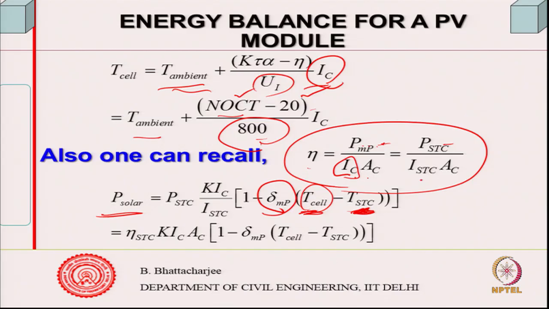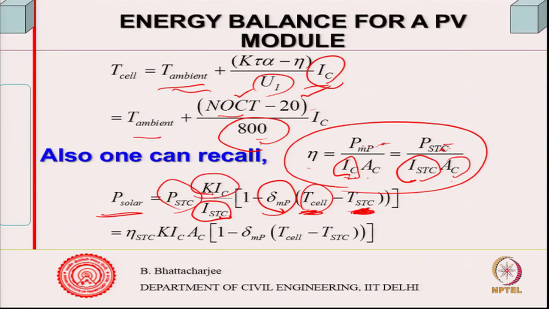So, if I take ISTC and AC, and this power I replace by PSTC multiplied by this, basically P solar I can relate like this, since this is PSTC by ISTC at standard condition, this I can find out,